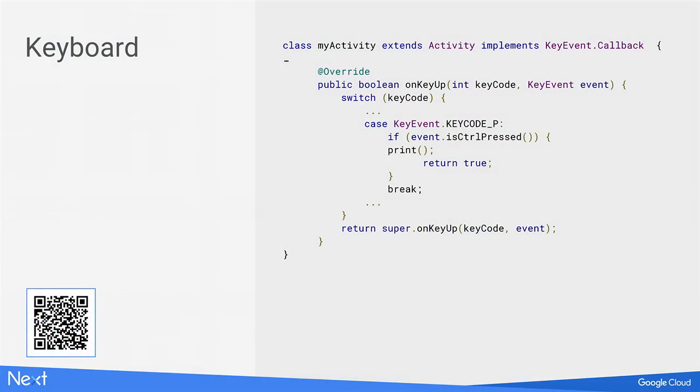So let's talk a little bit about keyboards and text entry. Well, text entry and things like point and click with the mouse will just work. But when your users have got a physical keyboard in front of them, they will expect keyboard shortcuts to work. You should add keyboard listeners to either your activities or your views in order to provide that kind of functionality